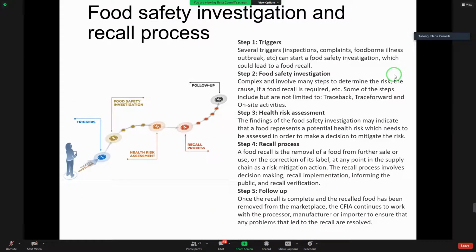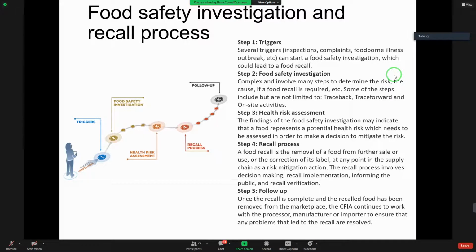So I just wanted to give you a few pieces of information about what a food safety investigation and recall process is in Canada. It essentially goes along 5 steps. The first step refers to the triggers. So what starts a food safety investigation? There could be an inspection, a consumer complaint, an industry complaint, or a foodborne illness outbreak. This starts the investigation from